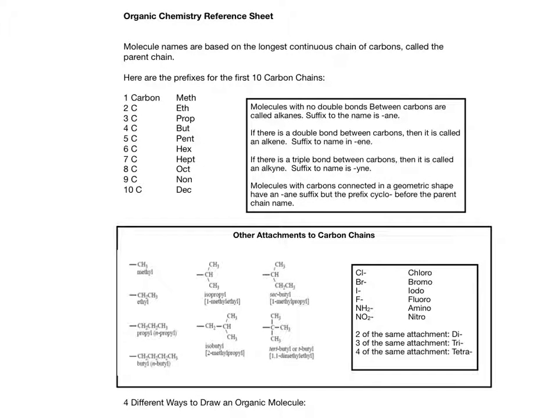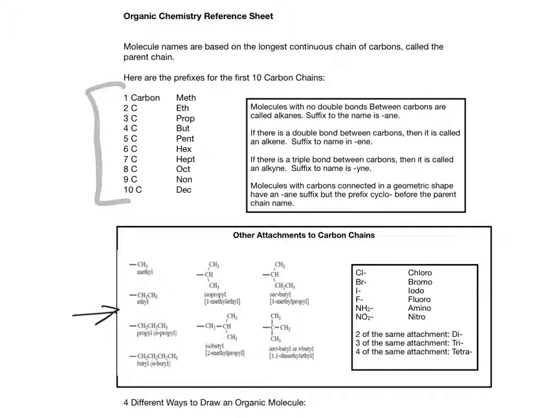The goal of this video is to show you how to name organic molecules called alkanes, which are made up of only carbons and hydrogens and single bonds, how to name them using the prefixes that you see here, using the idea of counting the longest chain of carbons, and then naming anything that's attached to that longest chain of carbons by looking at